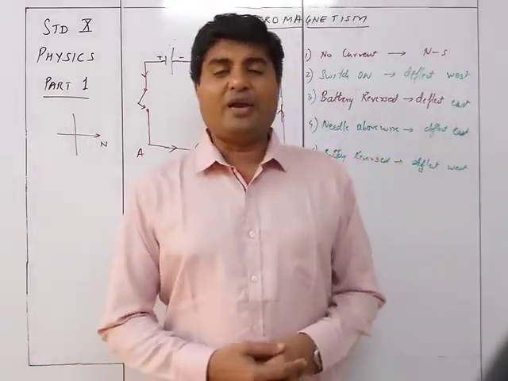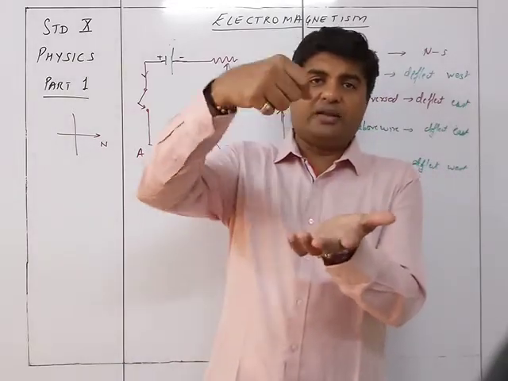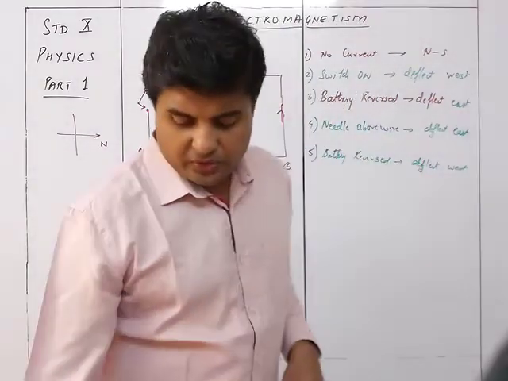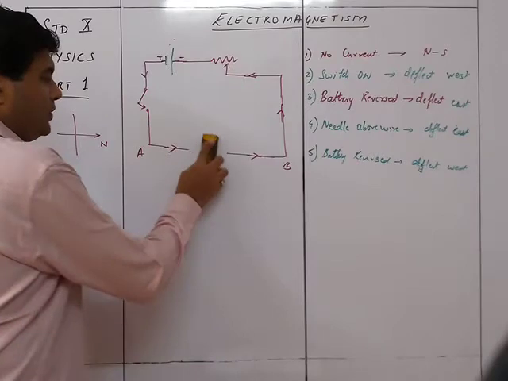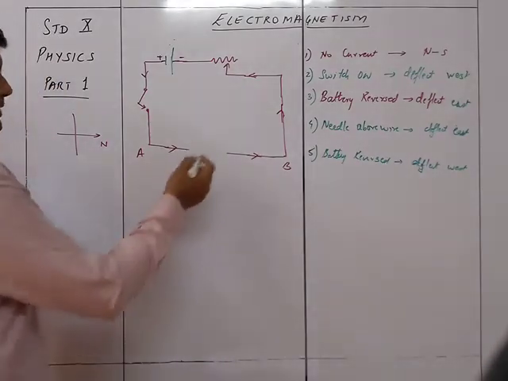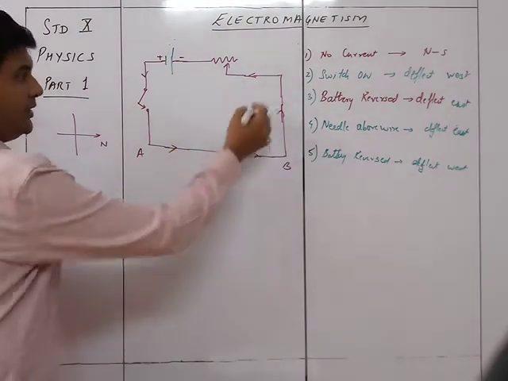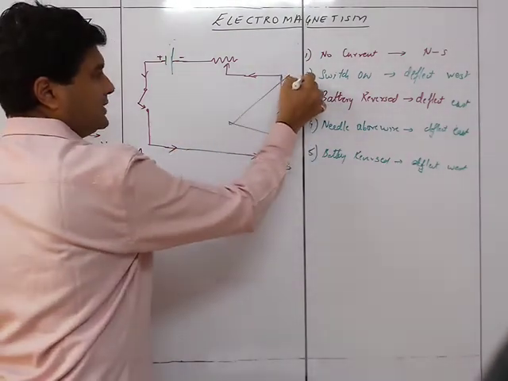So the same iron filings you used to use earlier, where you kept a paper, placed a magnet below, sprinkled iron filings and tapped, and they formed round patterns. Similarly, here we are also going to use the same way. You can do it even in this case: you take a sheet of paper, and you take this wire in such a way, okay, I'll take it over here. This is the standing line. So if I place a paper over here like this,